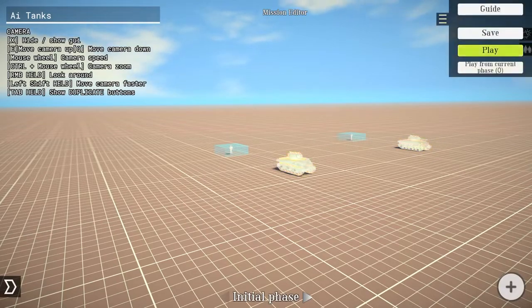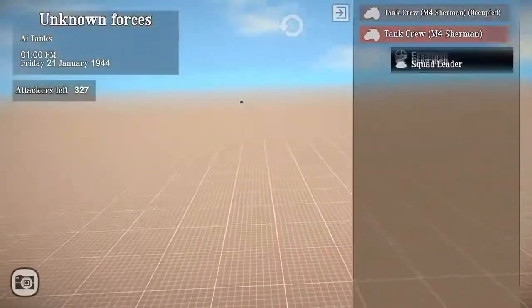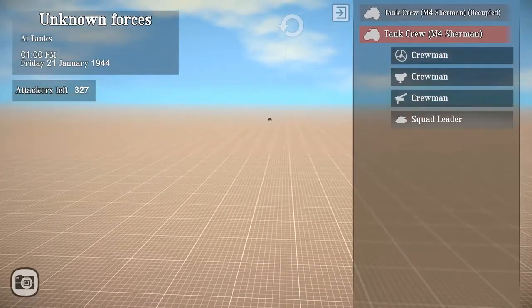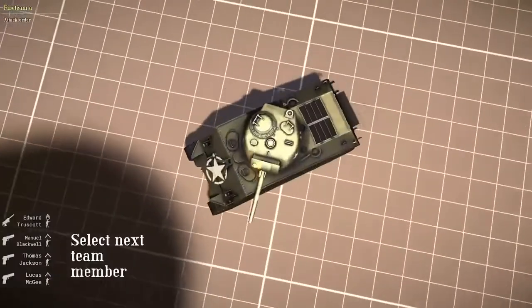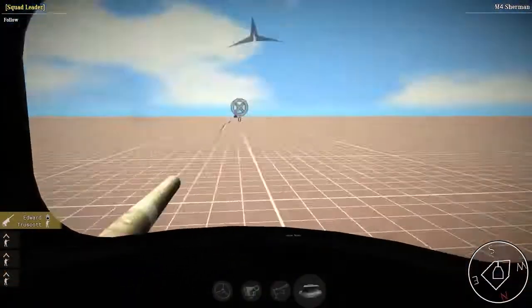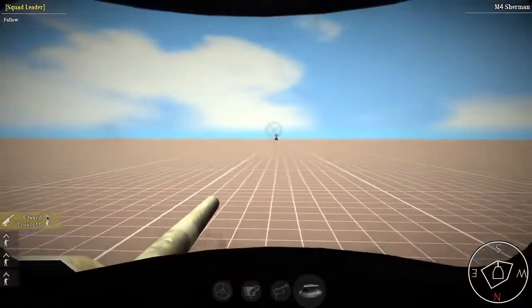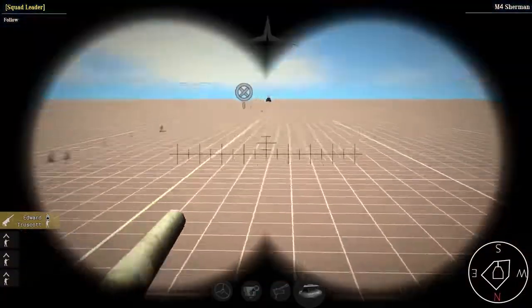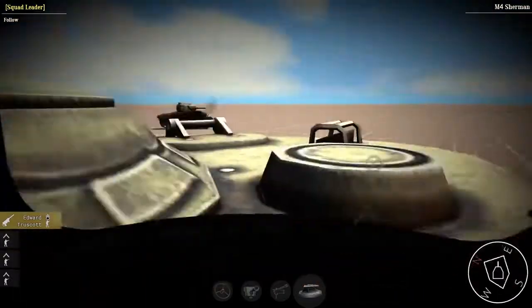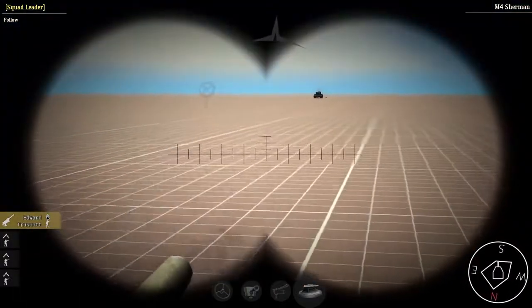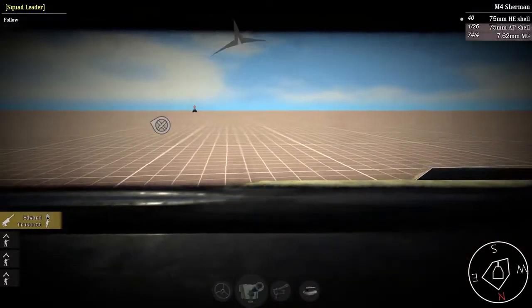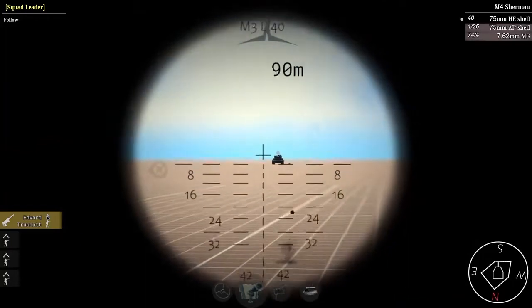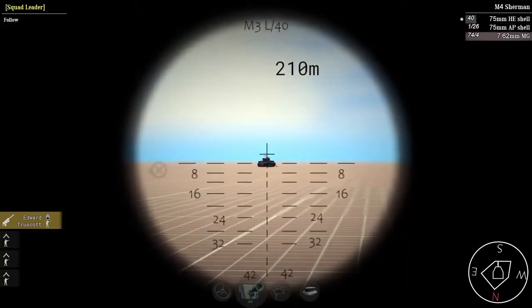Then finally you have your protection. If you have been spotted and your enemy is shooting at you, you don't want to be penetrated, you don't want to be damaged. So basically, this is again in real life but also in game, you have your armor. Your armor is made of material with a specific thickness. Different kinds of projectiles can penetrate different kinds of armor. Not very thick armor can be penetrated by most projectiles, while a very thick armor needs very big and very fast projectiles to be penetrated.